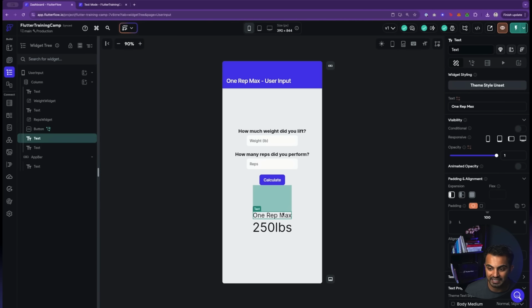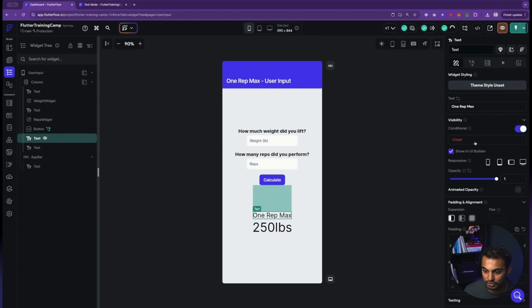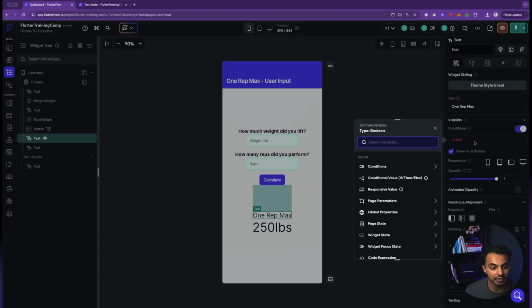With this text activated, we can go to the right side pane, hit visibility, and there's an option here called conditional. This is us saying, hey, I only want this widget to be seen if something exists or if something is true. As you know, in this masterclass, I taught you that computers can understand comparisons really well. So by activating this conditional, we can set a comparison that FlutterFlow will check to evaluate whether it's true or false.